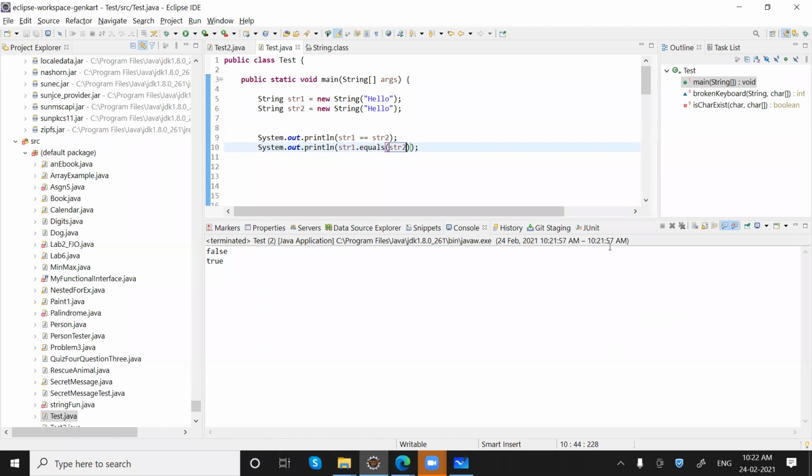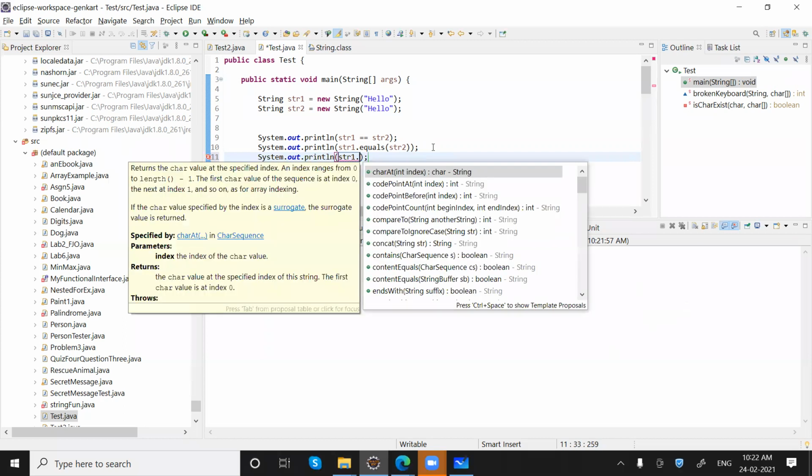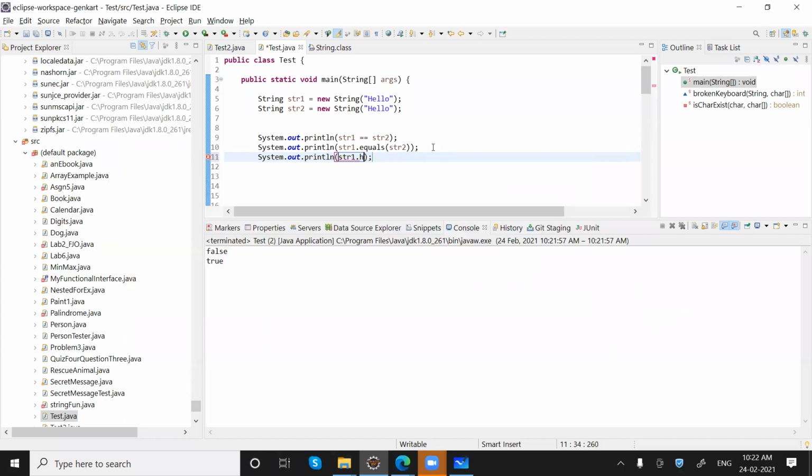Okay, one more thing, let me just try to explain. If I say System.out.println str1 dot hashCode, and similarly I'm printing hashCode for string 2.